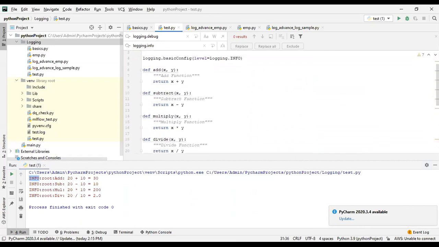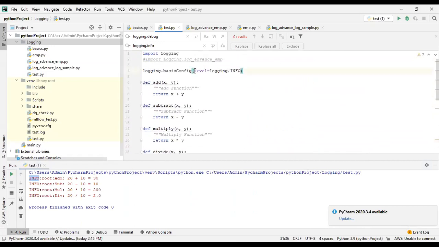But as of now, with the same information, how can I log it into a file? I'll show you. Here I'll set filename equal to sample.log.